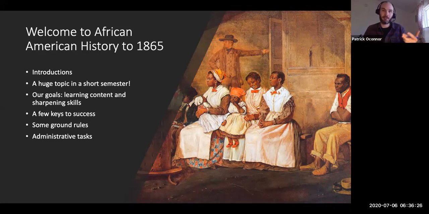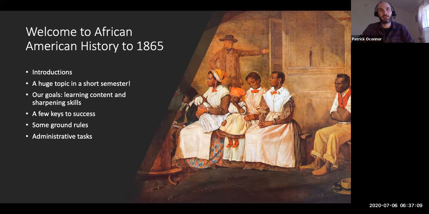It's more than 200 years. It's an extremely long period of time, longer, in fact, than the United States has actually existed. And then since 1865 is a much shorter period of time. This class is actually going to adopt an even longer time span, just slightly. We're going to go back to the 15th century, as you'll see in this week's lecture. That's the 1400s, just to get some context for where the transatlantic slave trade came from, why Europeans were engaging in this practice at all, and to make sense of the origins of this bigger story that we're going to be learning about.